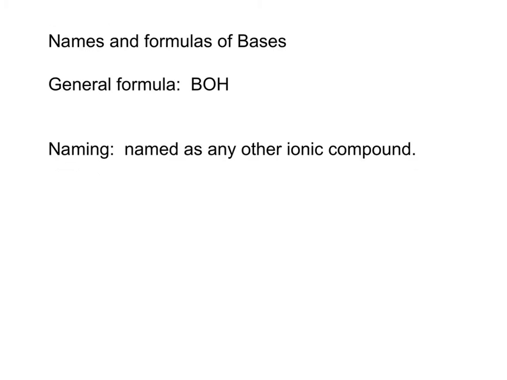The good news is that when you name a base, you really don't have to learn a separate naming system like you did for acids. The general formula is B, which is a generic cation, paired with the anion OH, always hydroxide in these Arrhenius type bases that we're talking about now. They're going to be named simply as any other ionic compound. So if, for example, we have NH4OH, that is ammonium